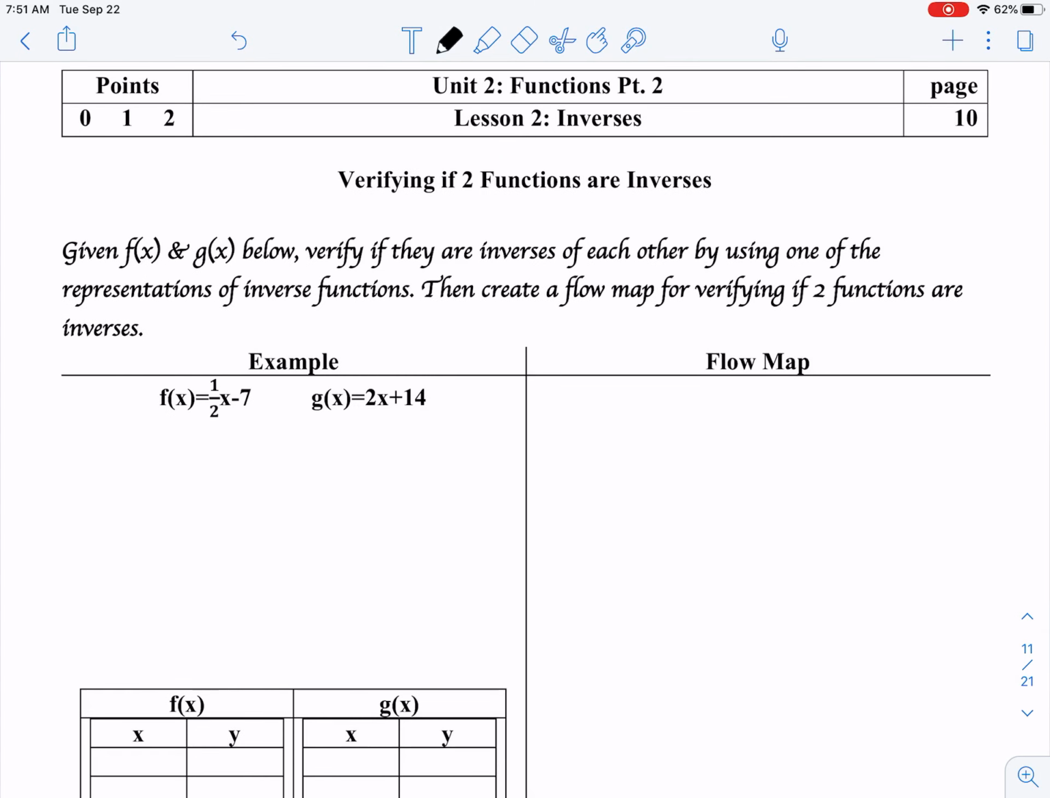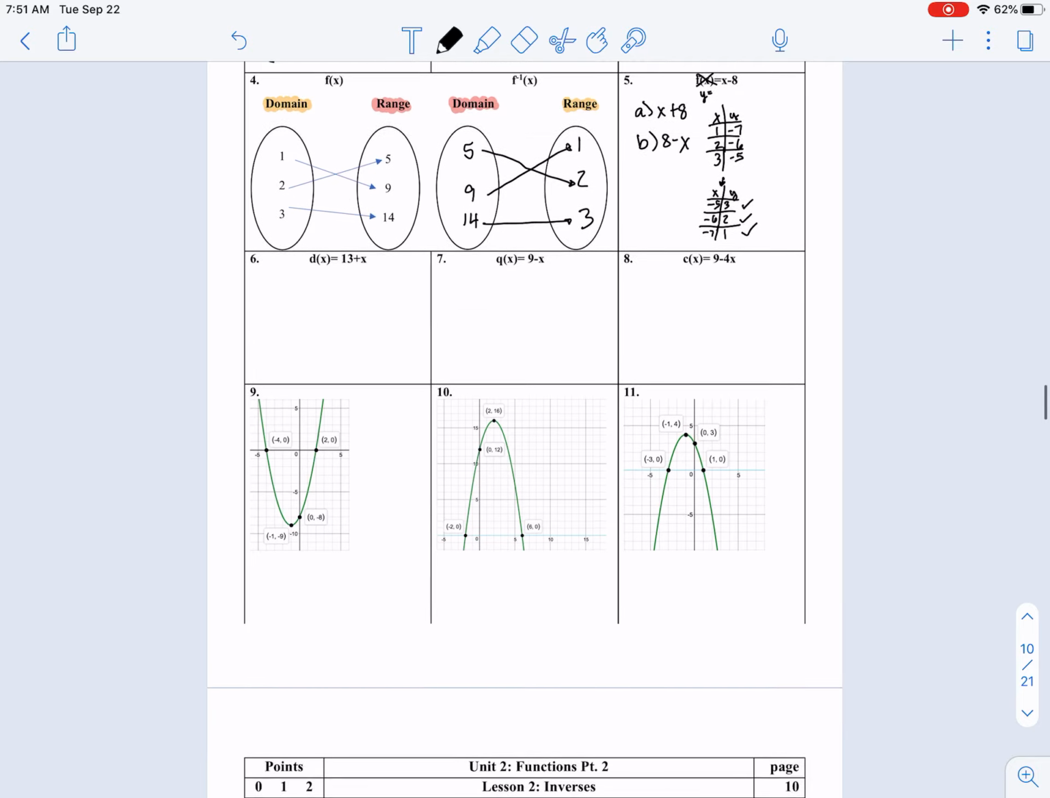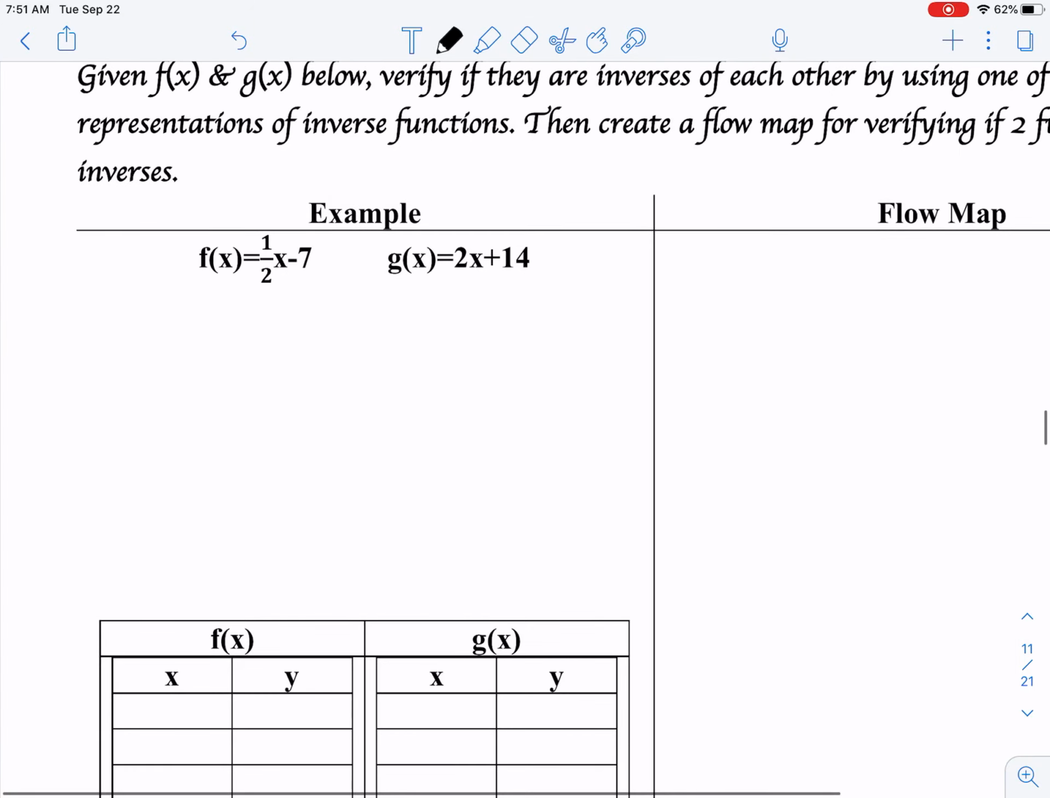In this video, we're going to learn how to verify if functions are indeed inverses of one another. Verifying is essentially just supporting your reasoning from the previous page's worth of work, okay? So now you're going to be given two functions, and you're either going to say yes, they're inverses because, or no, they're not inverses because. All right. So what you want to do